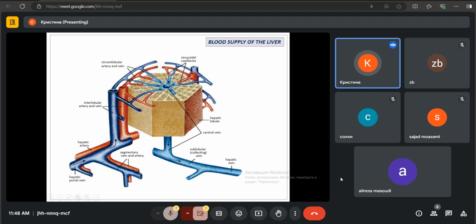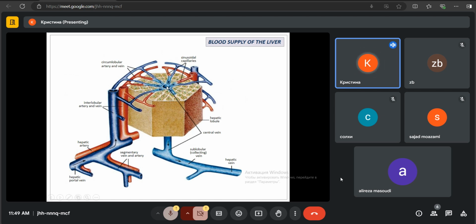So in sinusoidal capillaries, blood first is mixed, and then when it comes into the central vein, the blood becomes completely venous, because it gave all the oxygen to the hepatocytes while it flew from the periphery to the